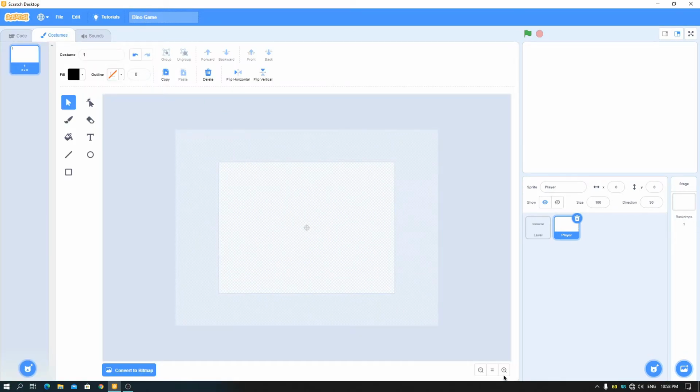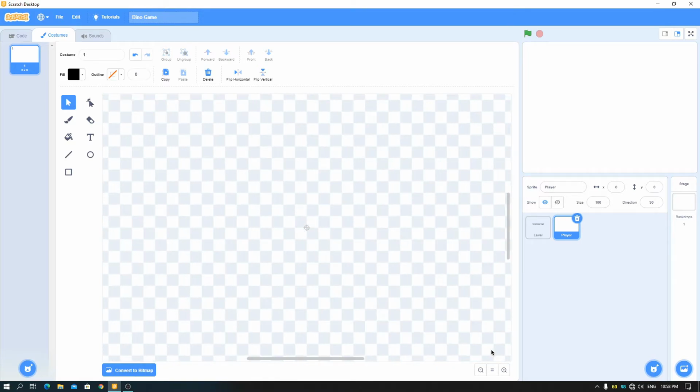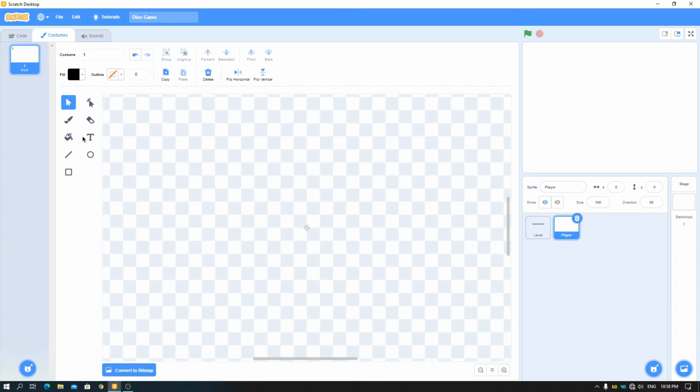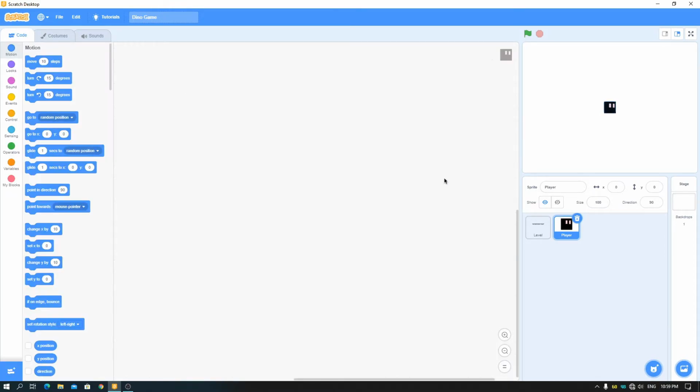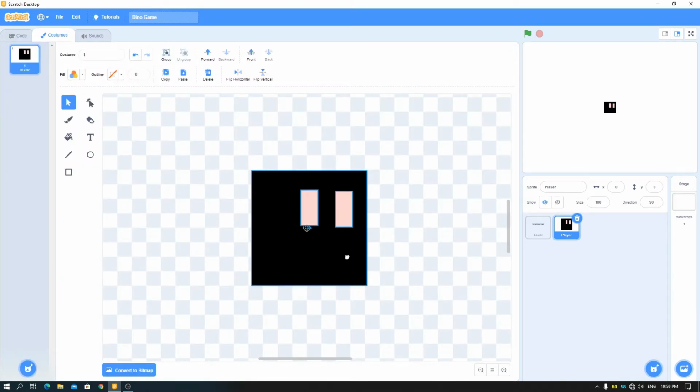So here is our player. If you have the dino here, you can put this here, but I don't have that asset, so I'm just making a box like this. This is just for sample. You can use your assets. So here we have our player. It should be in the center. Just snap it to the center and group this,